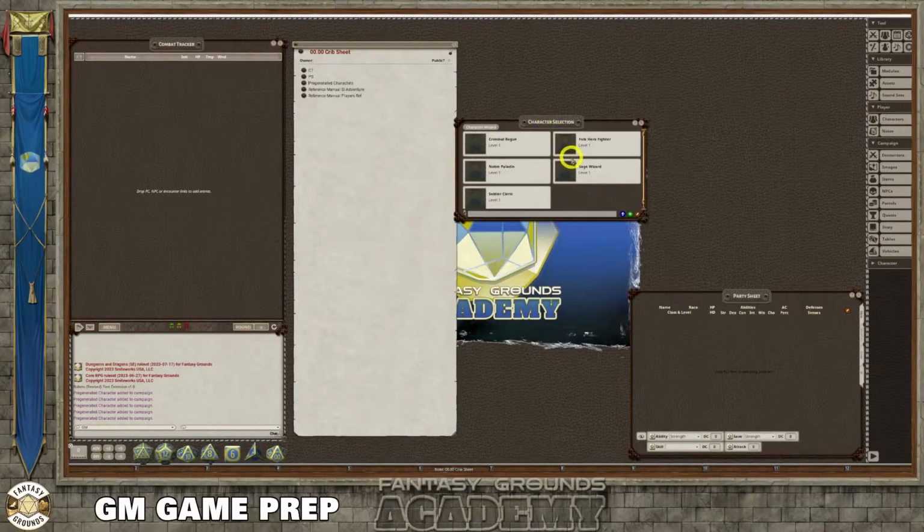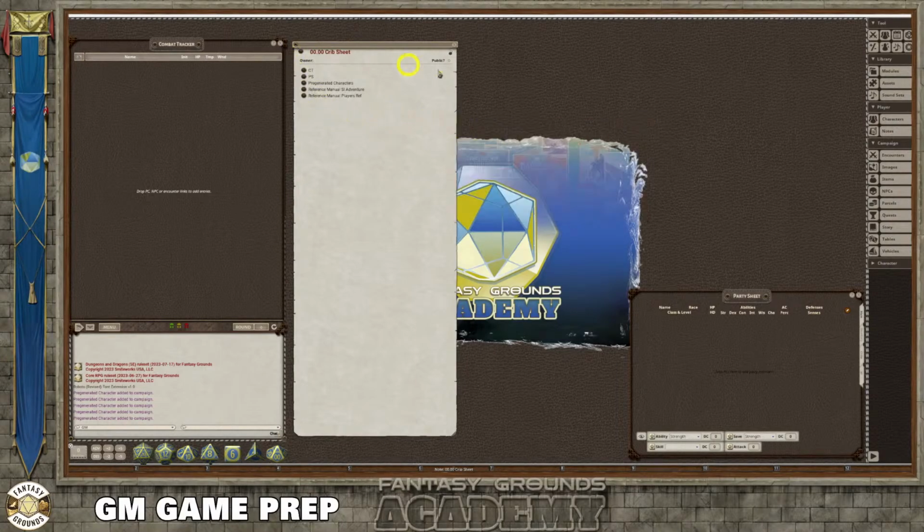And I think that has to do with when the people log in the first time, they don't want it buried underneath a bunch of windows. So now that these are part of the campaign, when the players log onto the table, they can select one of those players. But as a GM doing my due diligence, I'm going to look over those characters before anyone gets to the table. And I'm also going to set up a shortcut for this character selection so I don't have to